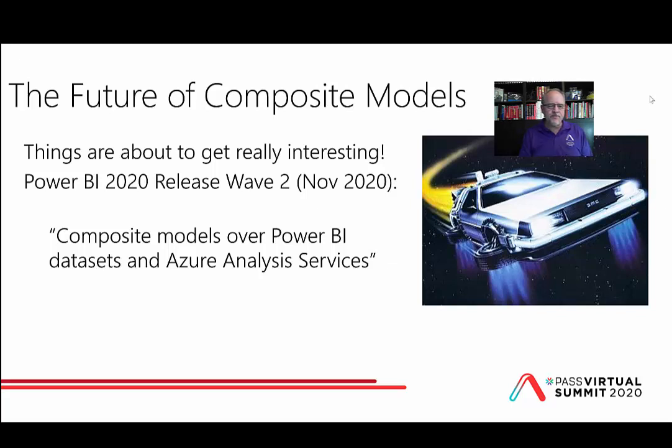Well, here's a scenario. Dataset 1, deployed to a workspace, contains a set of tables, and we have another data set over here, and maybe that's an Analysis Services tabular model. So this is a Power BI data set, this is an Analysis Services model in Azure, and I now want to create another data model that contains some of the tables from dataset A, some of the tables from dataset B. Rather than importing that data again, I use DirectQuery to simply reference tables in each of those models. In 2 models, maybe a 3rd model.